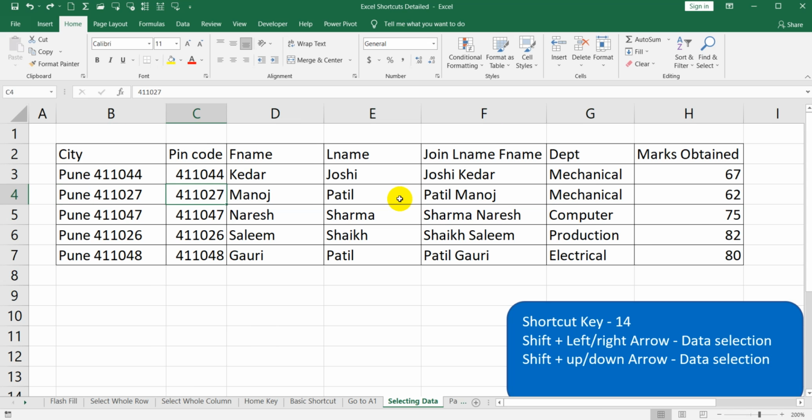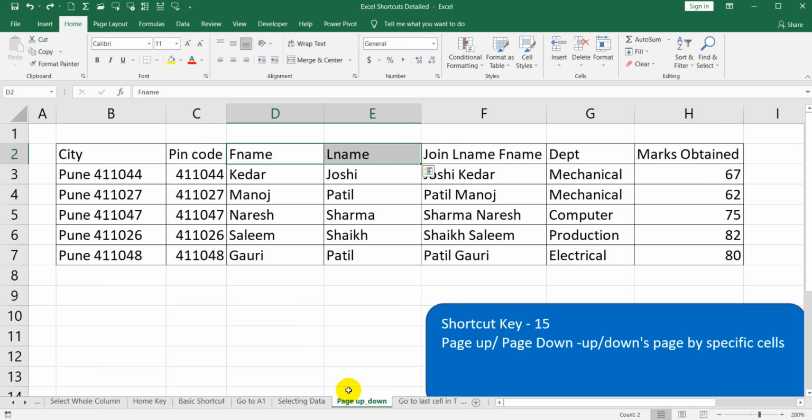Similarly, if you want to select the left side data, you can press Shift and left arrow. Again, if you are in the cell D5 and want to select the data in the rows on the upper side, then you can press Shift and up arrow. Similarly, if you want to select downward, you can press Shift and down arrow. So this is shortcut number 14, by which you can select the data.